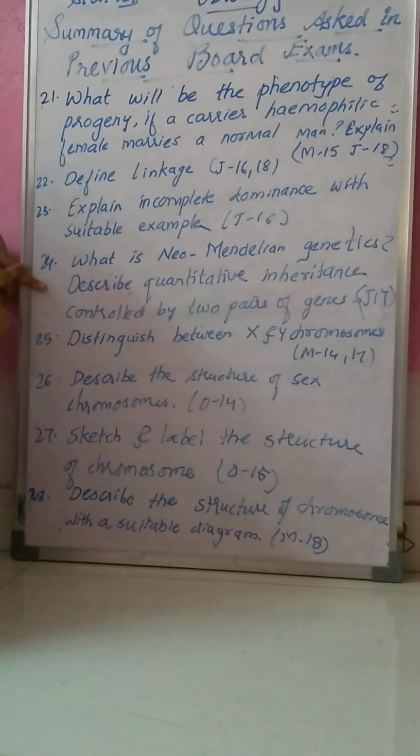Till question number 24, in the previous syllabus there were two chapters. One was Mendelian inheritance, the genetic basis of inheritance, and another was about chromosomes and their structure, the chromosomal basis of inheritance. Now both chapters have merged, so many questions are there. From question number 25 we will start with the chromosomal basis. This is a combined chapter and a very lengthy one. You might have studied this chapter.